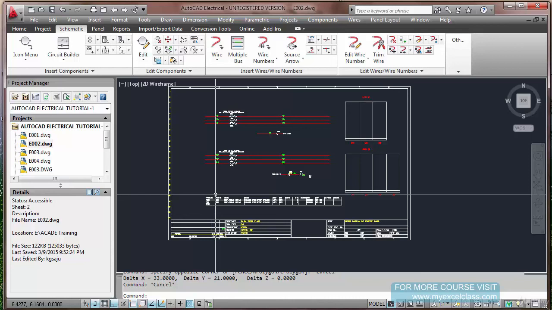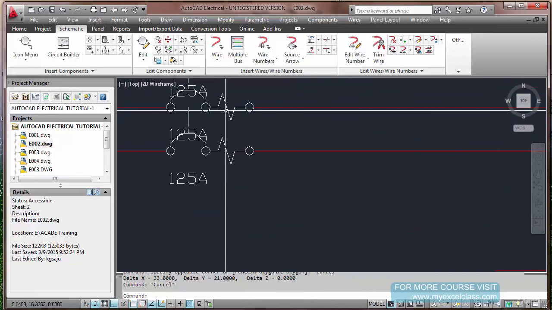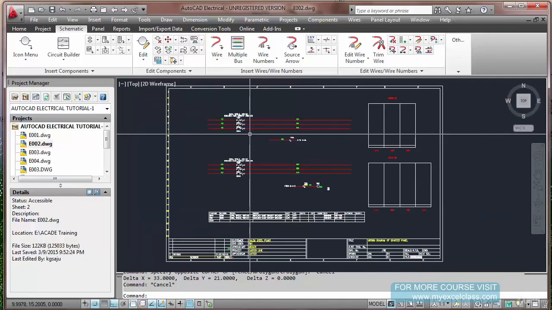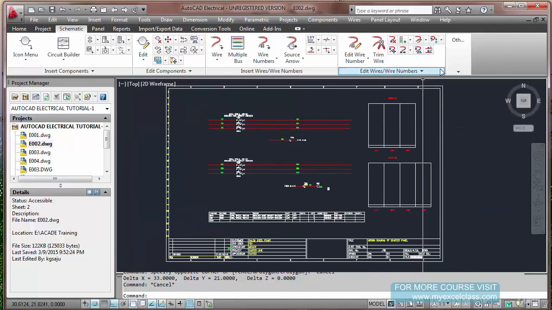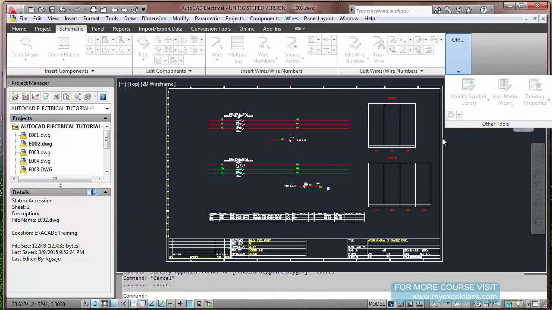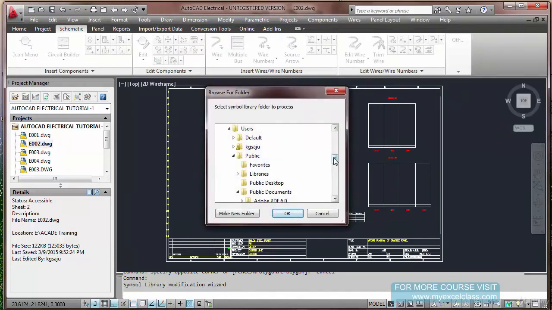10 times, you don't have to go to each sheet and scale it. Even if you want to change it to A4 or A3 size, what basically happens is the component spacing and all will get disturbed. So you don't have to go individually in each sheet. There is an option inside drawing build, modified symbol builder. If you go there, you have to select this particular directory.